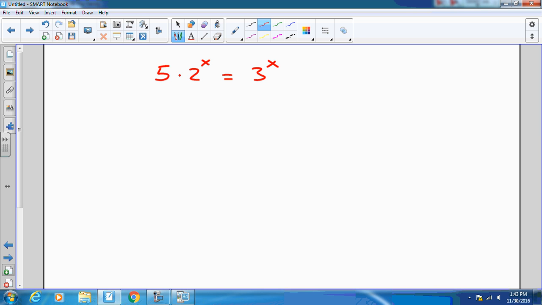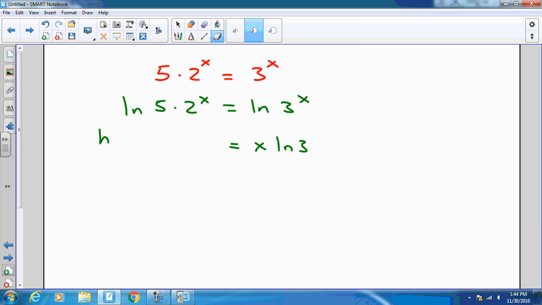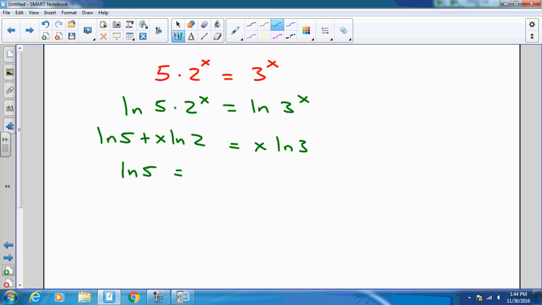There, something like so. Okay? And again, we can logify those sides, as I like to call it. And now that we see the process, it goes pretty quickly. Right-hand side? x ln 3. Other side. Left-hand side? ln 5 plus x ln 2. Yeah, there you go. Once you see the process, it goes really fast, doesn't it? Keep going. ln 5 equals